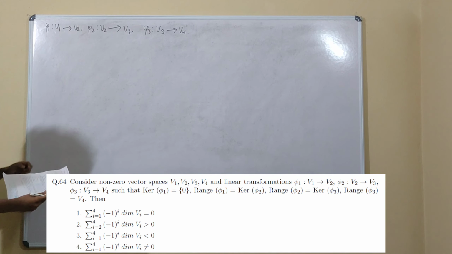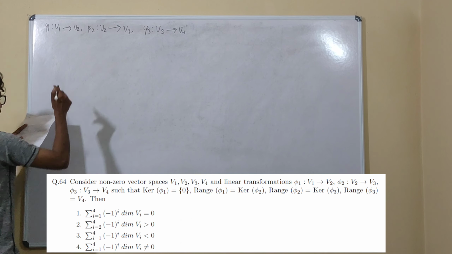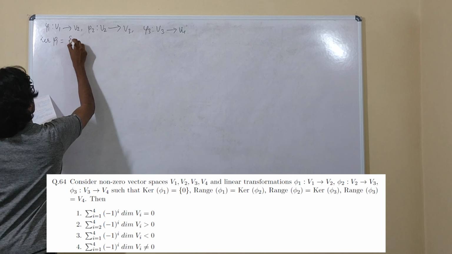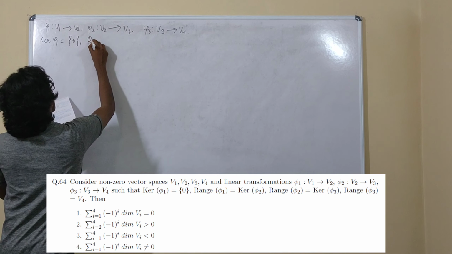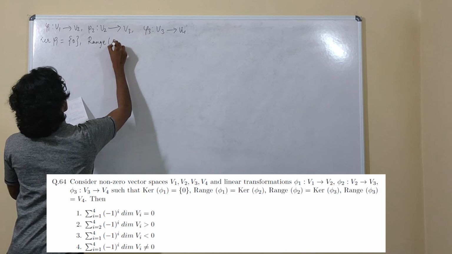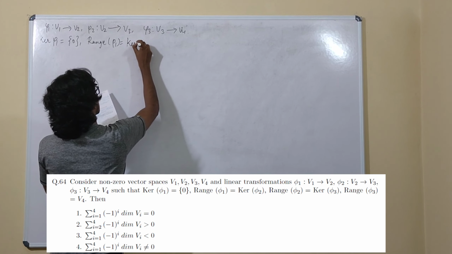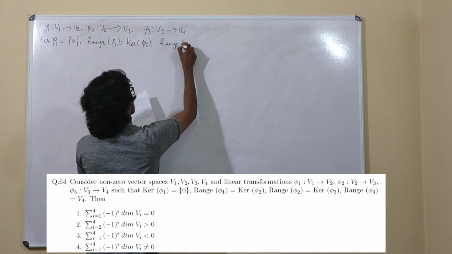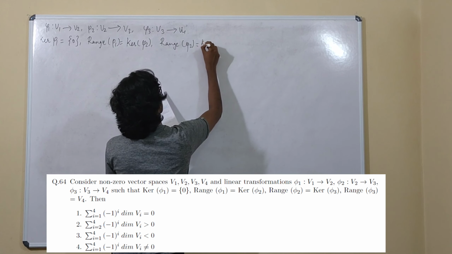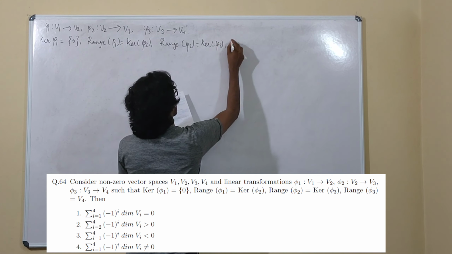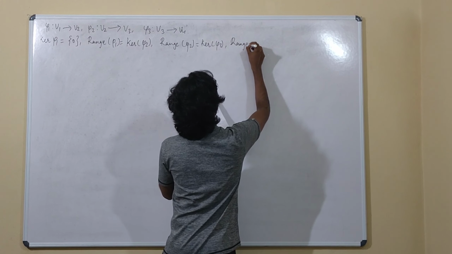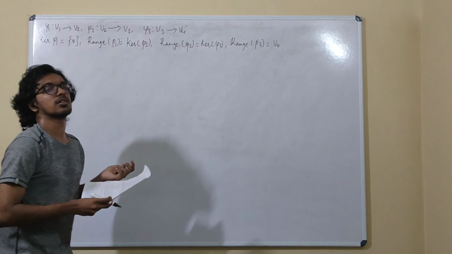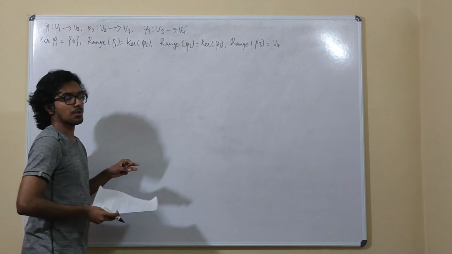We are given a few more pieces of information about these transformations: the kernel of phi1 is {0}, the range of phi1 is the kernel of phi2, the range of phi2 is the kernel of phi3, and the range of phi3 is the entire V4, with which they have given a few options